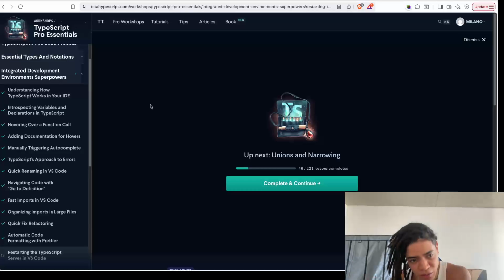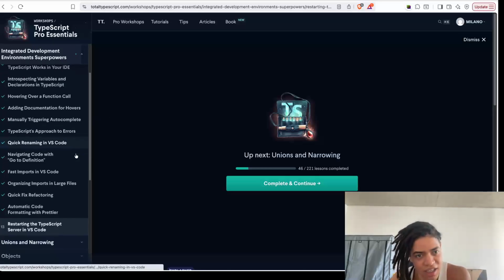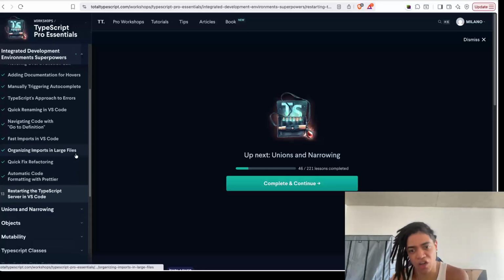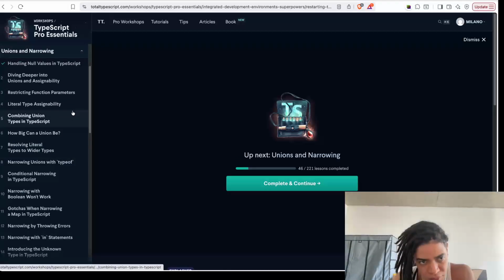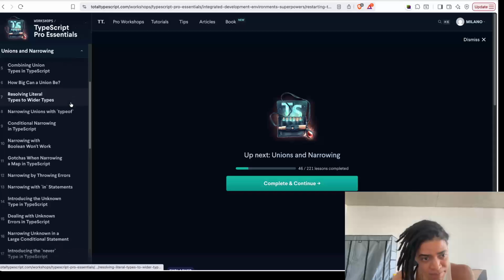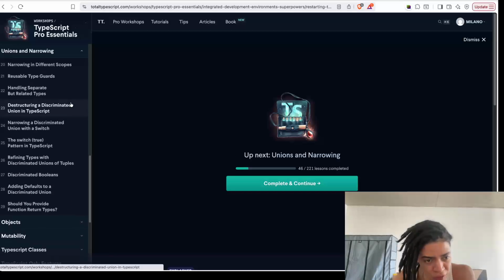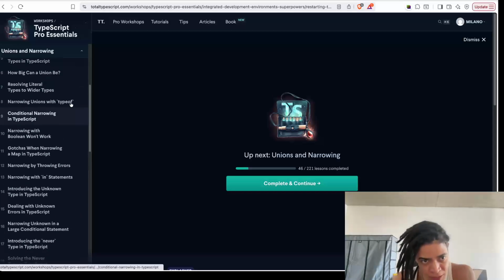So organize your imports. The quick fix refactoring by selecting a target or by highlighting a text, and then it provides you some suggestions about it. And then formatting your code, and how useful it is for us to restart the dev server. And finally, all right, let's get into the weeds here, which is